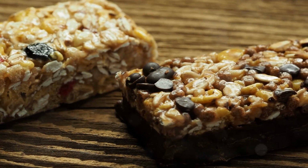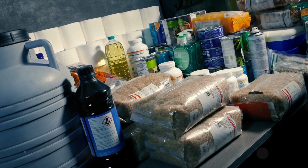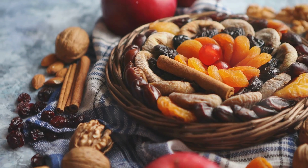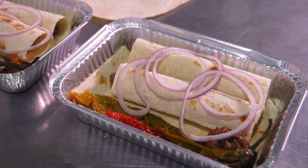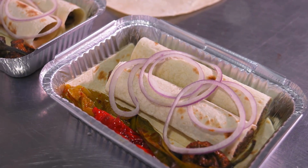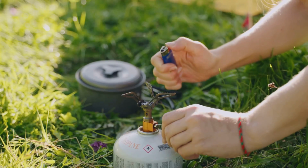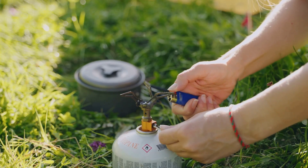Next, let's talk about food. You want to pack lightweight, non-perishable, and high-calorie food items that can sustain you for 72 hours. Energy bars, freeze-dried meals, jerky, nuts, and dried fruit are all excellent choices. MREs, or meals ready to eat, are also a good option because they're designed to be nutrient-dense and have a long shelf life. If you're packing foods that require cooking, you'll need to include a portable stove or a fire-starting kit. Something like a small, compact gas stove with fuel canisters can be a lifesaver when you need a hot